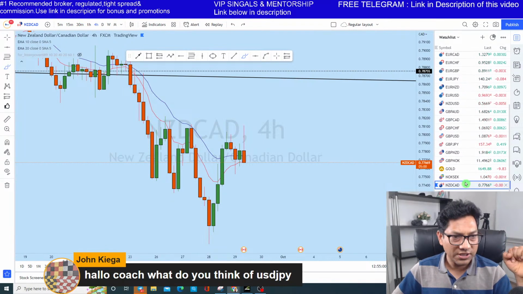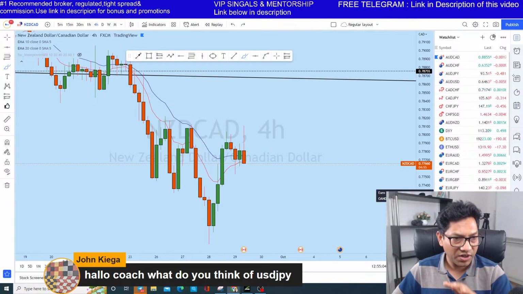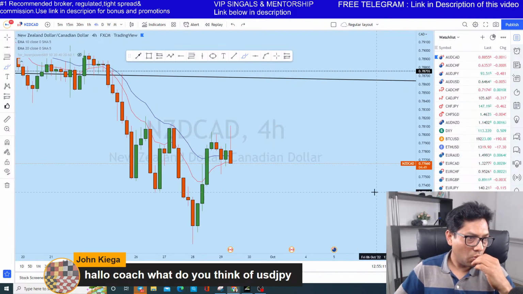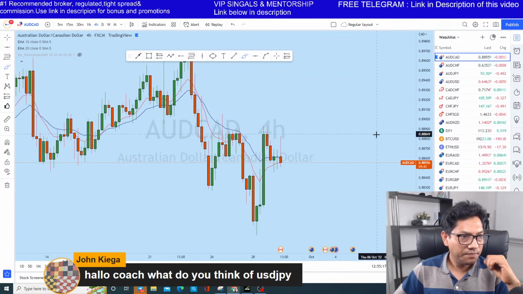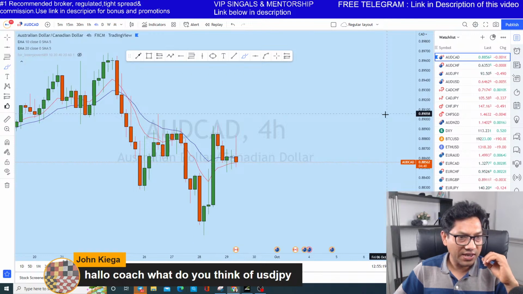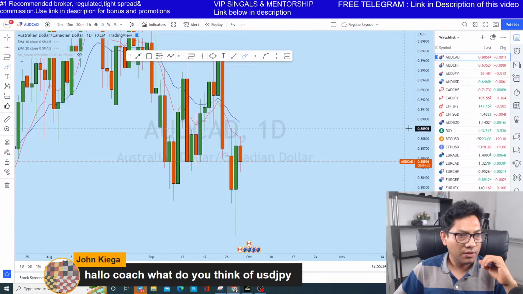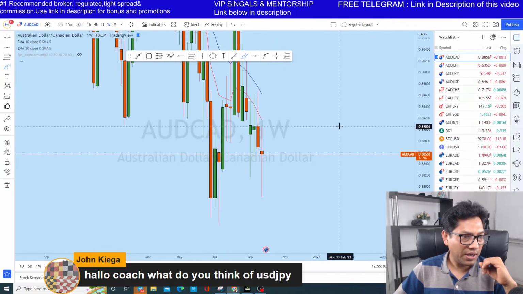So this is what is happening with NZD CAD. Now the candle is going to close after 5 minutes, the first candle on this London session candle. So look at what might happen, and then we'll jump on the trade if there is anything. AUD CAD has also given us an absolutely bearish candle. Let me look at everything. I think rather than NZD CAD, AUD CAD is strongly bearish price action.